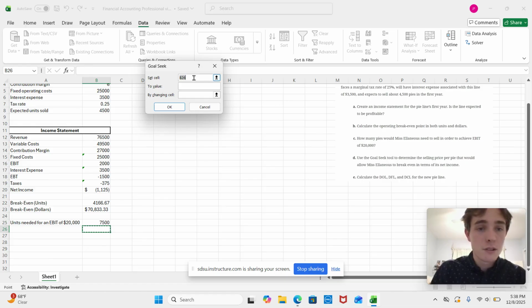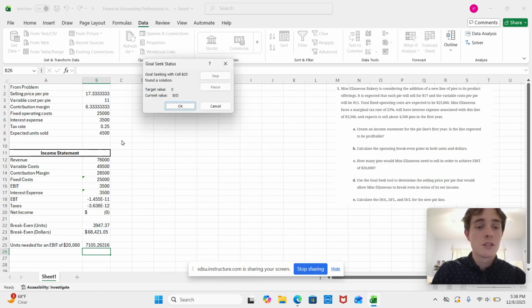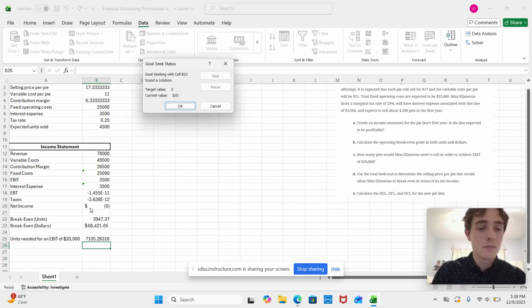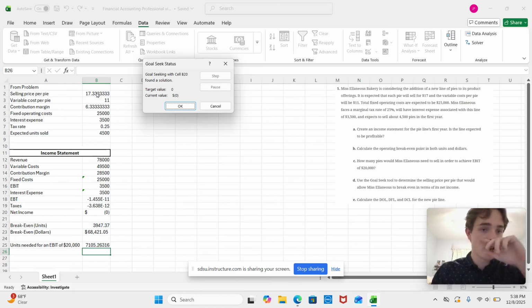And for this one, we are going to set the cell as B20, or the net income, because that is what we're trying to find. And then we want that to go to 0. And in order to get the net income to 0, we want to change the selling price per pie, which is B2. Okay, so now I'm going to click OK. And as you can see right here, the net income dropped down to 0, and the selling price per pie went up to